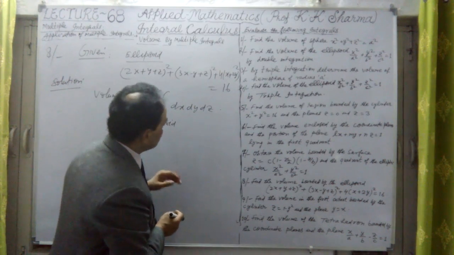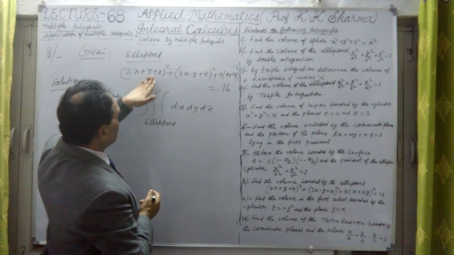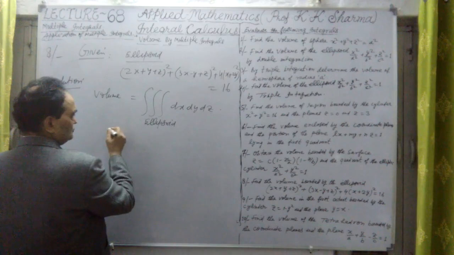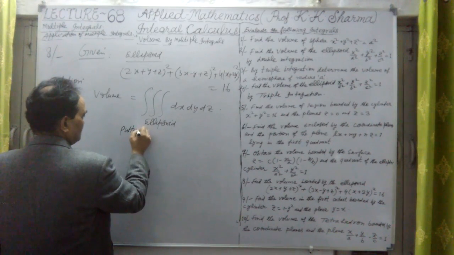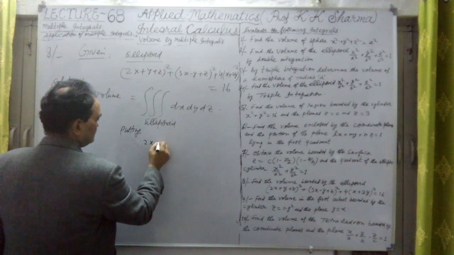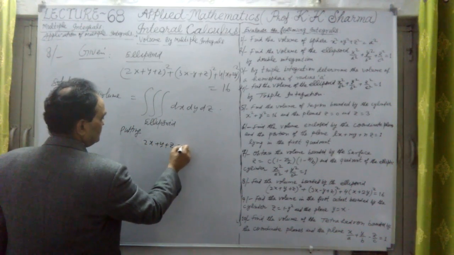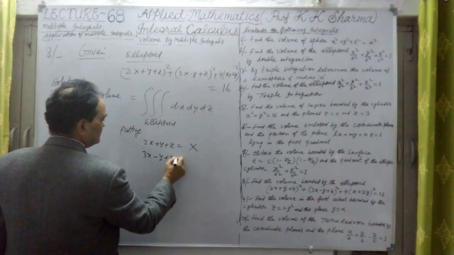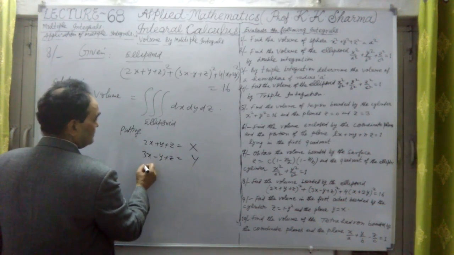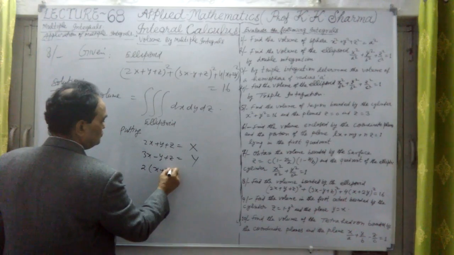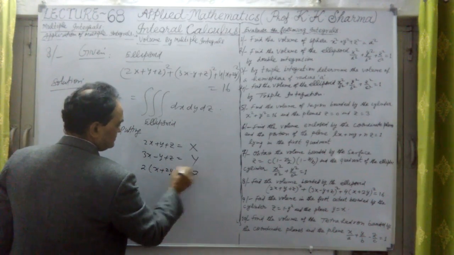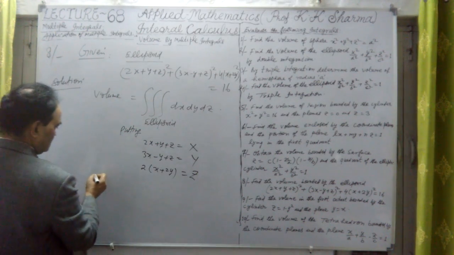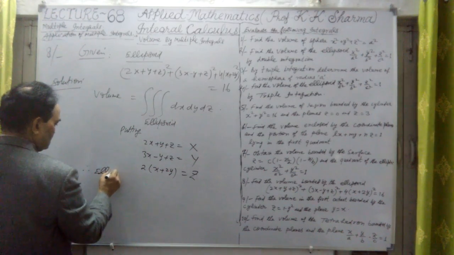Now, if I change this ellipsoid into a sphere, suppose I take one variable, another variable, and a third variable. Let me take twice x plus y plus z equal to capital X. And 3x minus y plus z equal to capital Y. And this is 4 times x plus 2y, let me take it equal to capital Z. This substitution will convert this ellipsoid. Therefore, the given ellipsoid